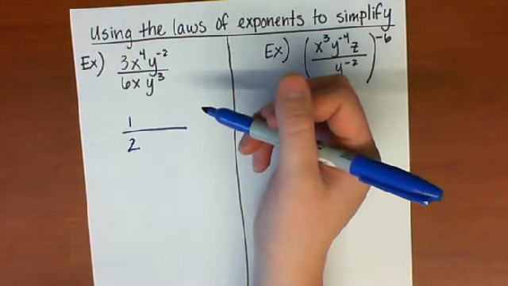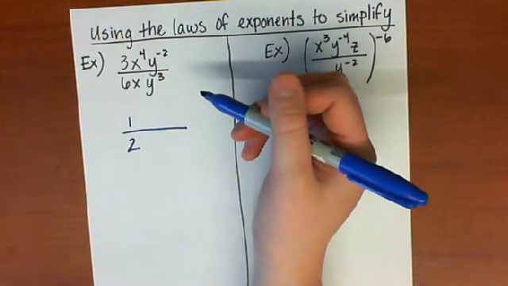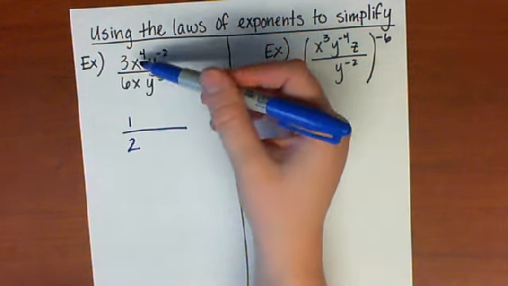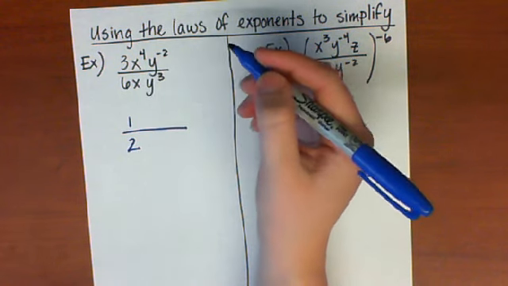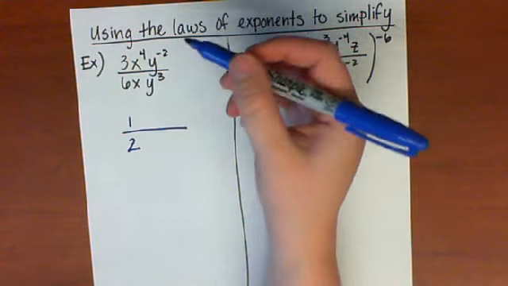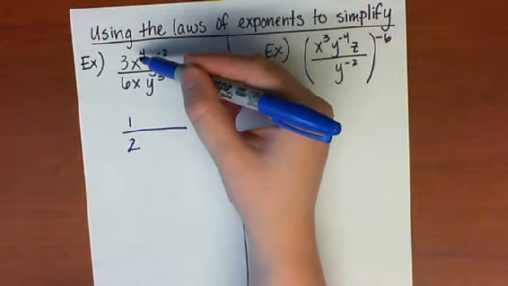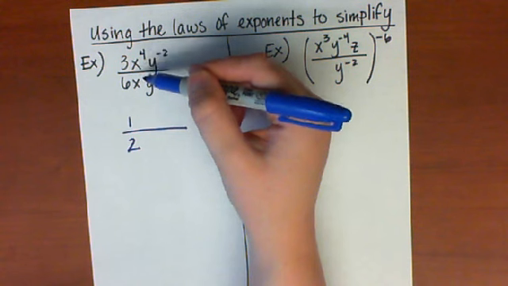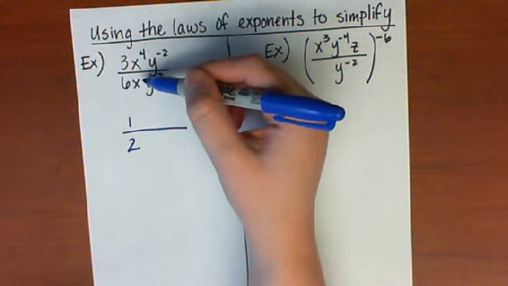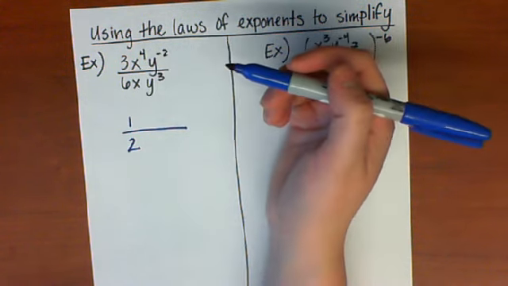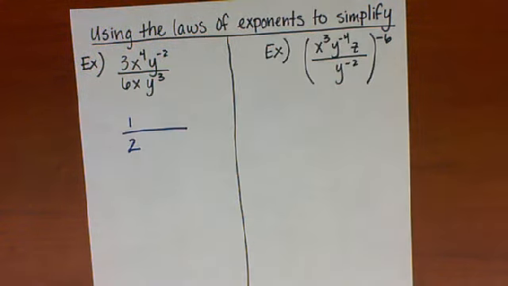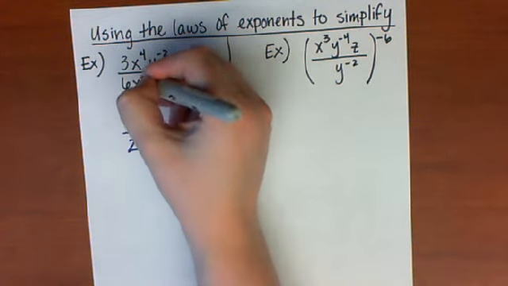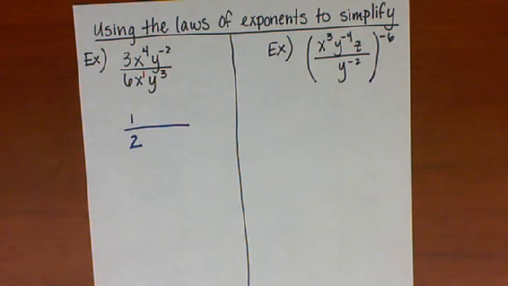Now I'm going to take a look at the x to the 4th over x. I'm comparing these because they have the same variable, they're just raised to different powers. I remember when I look at this that if I have a base raised to a power divided by that same base raised to a power, then I'm going to subtract the exponents. Now I do want to notice it might look like that x doesn't have an exponent, but I can remember that secretly there is a 1 written there. I just don't write it down.